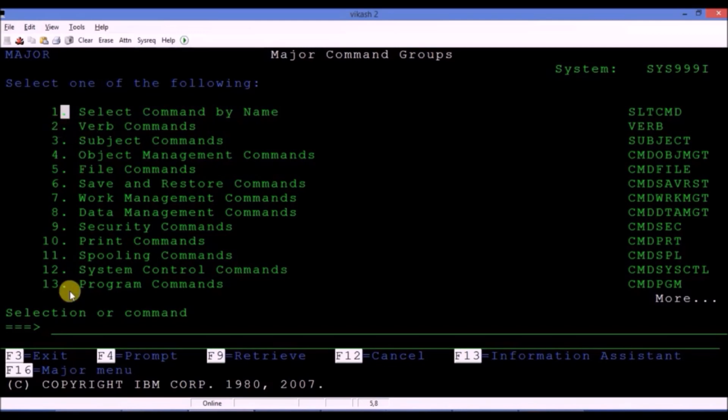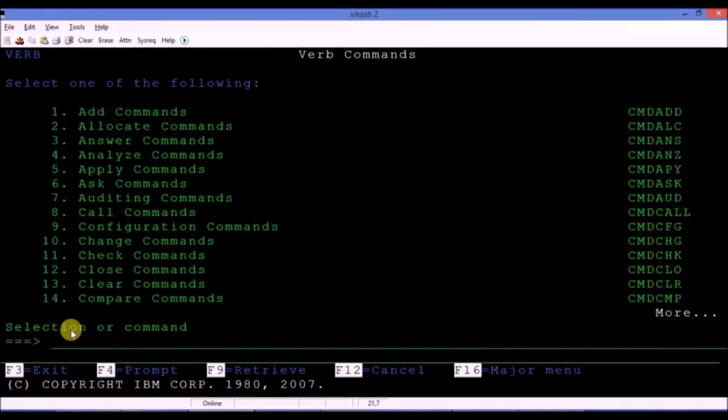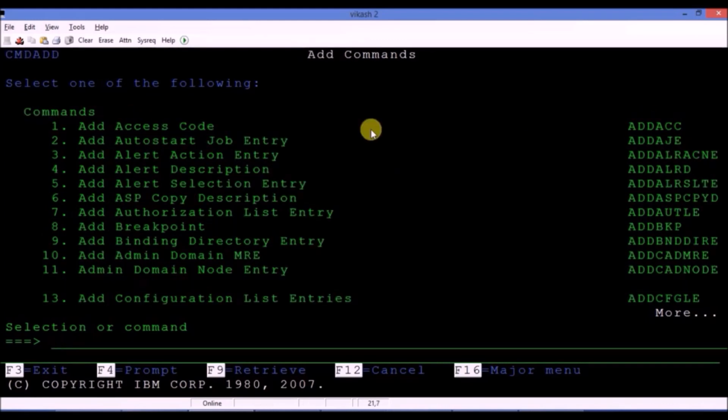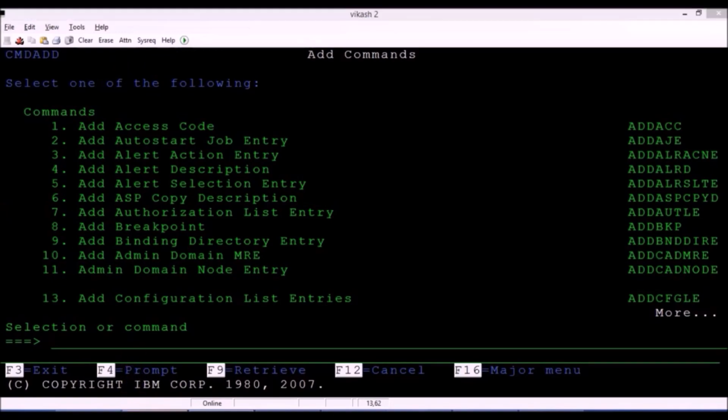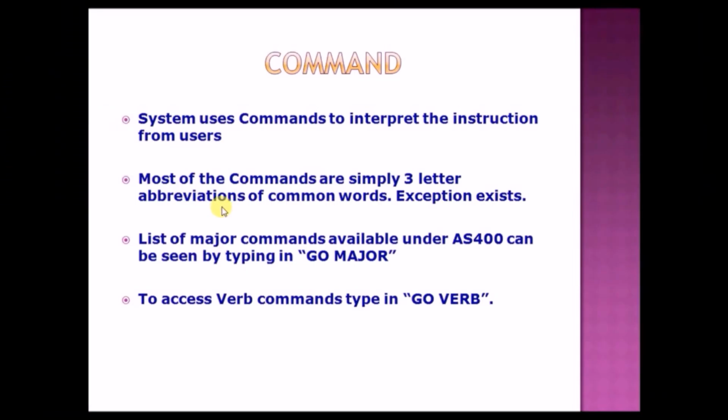The system can help you in knowing the different commands that are available with the system. You just need to type the command GO MAJOR. We already typed it, and now you can see there are different commands being reflected in the right portion, like ADD, ACC, ADD, and so on. All these are add commands. So basically you can see all the system related commands or the major commands that are already available in IBM i using this command. So let's go with the PPT again.